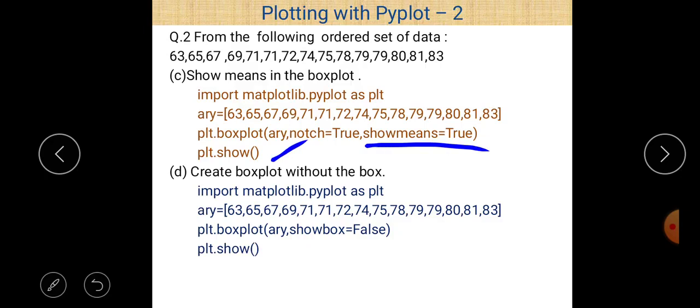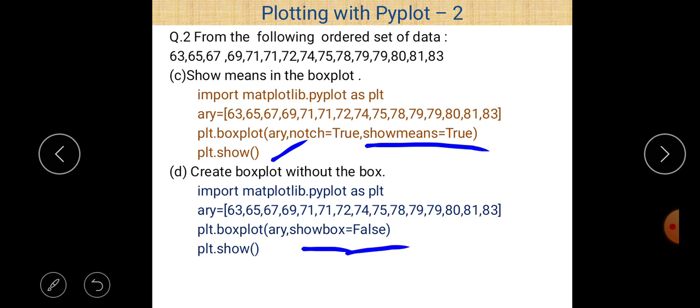So the last part of the question: create a box plot without the box. Without the box means the box is not shown. For that purpose there is a parameter named showbox, and we can easily see here that showbox is equal to false. By default showbox is equal to true, so if we don't mention the showbox parameter, then showbox is equal to true is considered.